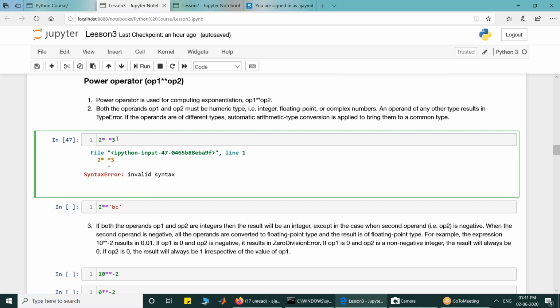Token is the single unit. You must know where you can put space and where you cannot. So star star, which is an operator, the power operator, is a token. It is a single unit. You cannot put space in between. But 2 is one token, star star is another token, 3 is another token. So in this expression there are 3 tokens. One is a literal constant, second is the operator, third is a literal constant. Between tokens you can put spaces, there is no constraint. You can put more than one space also.